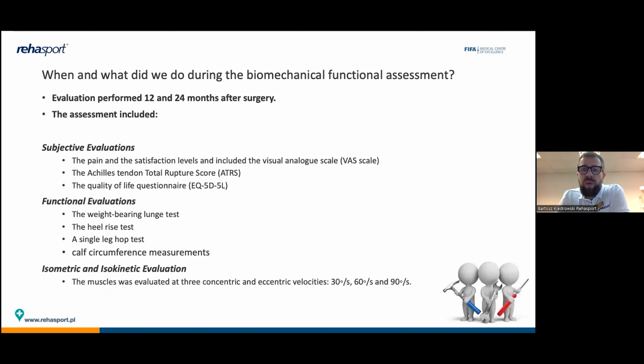Okay, when and what did we do during the biomechanical functional assessment? The first assessment we did 12 months after the surgery, and the second 24 months after the surgery. We had 37 patients at 12 months and 30 patients 24 months after the surgery. The assessment included first a subjective evaluation of pain and satisfaction level, with the visual analog scale, VAS, of course,